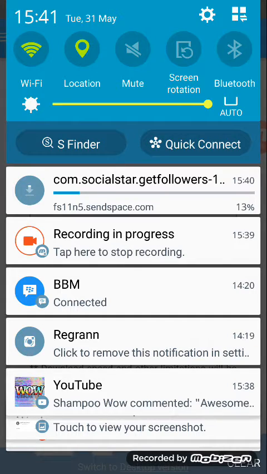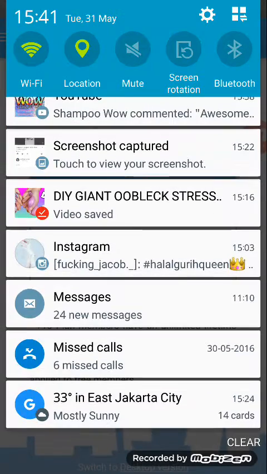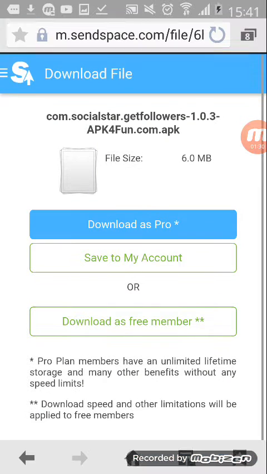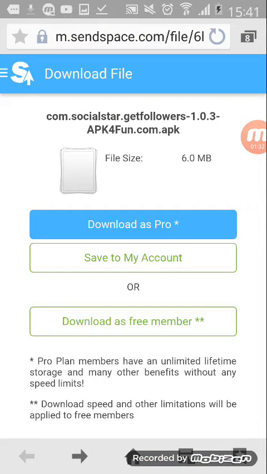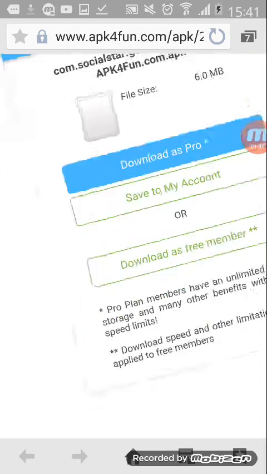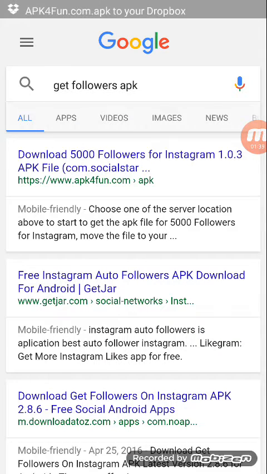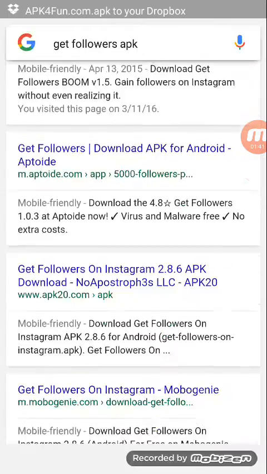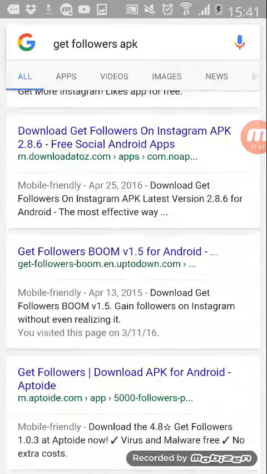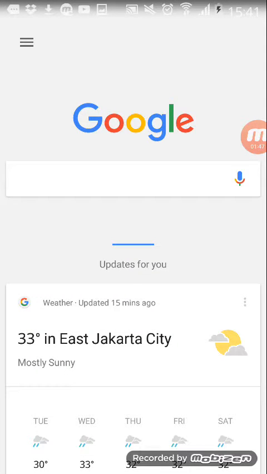Social Star, get followers. By the way, this works. I already tried it. And there are so many more, but I think that is the good one.